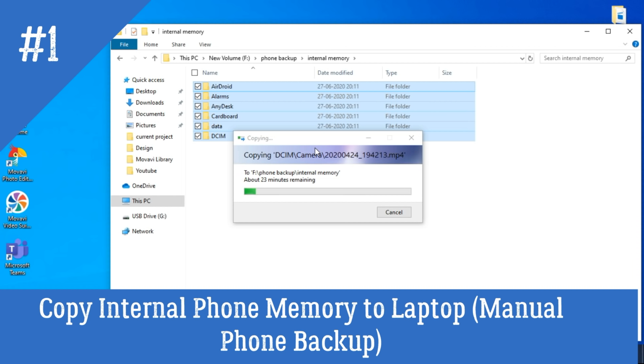Apart from that, in the mobile itself we have a provision to take the backup of messages, WhatsApp chat messages, and contact details, all the things. I'll show how to do that. It will take around 23 minutes. Let me wait.